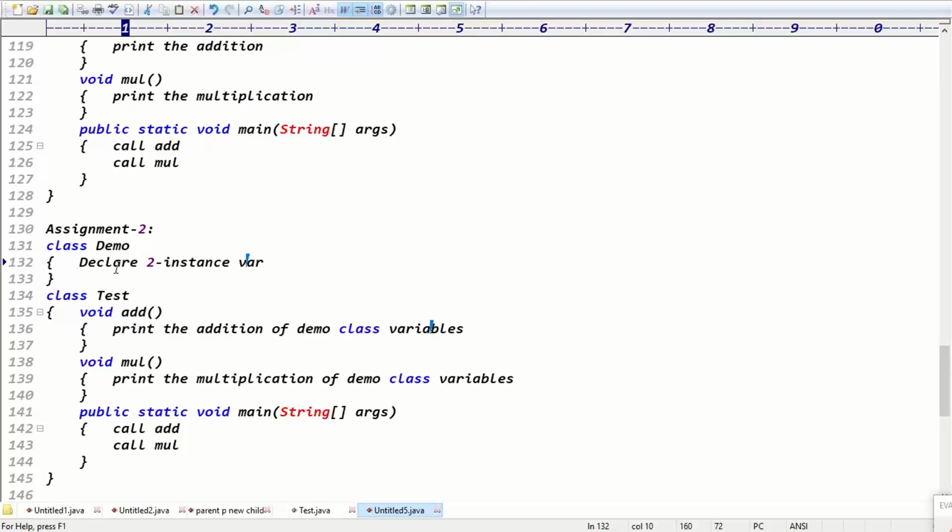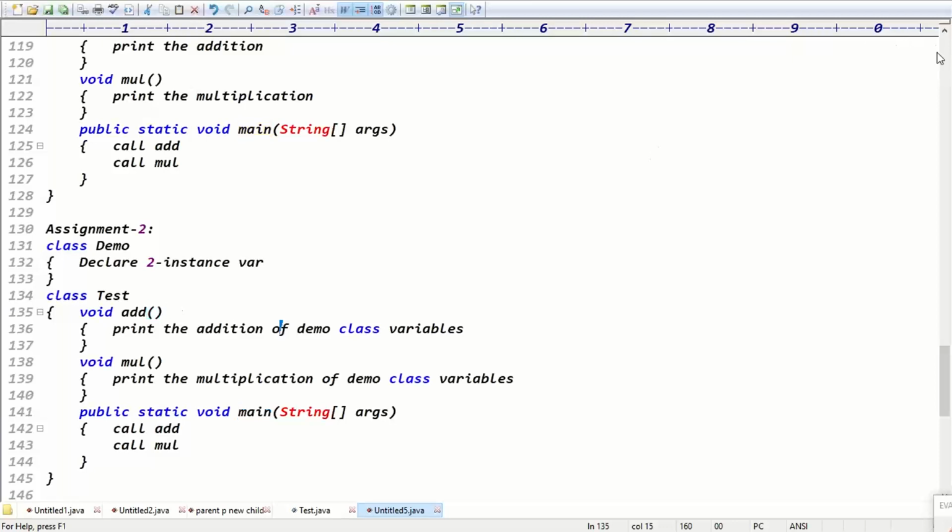No, sir. No, right? Because these are two different classes. Even though it is instance to instance, direct access is possible only within the same class. But is this within the same class or two different classes? Two different classes. Direct access is not possible, right? See guys, here you have to create the object, meaning create the object inside the method itself. No problem. Here also an object is required. To access this variable, a Demo class object is required or not? It means you can create the object inside the add method itself, no problem. Don't think that we always have to create the object inside the main method. You can create the object, guys.